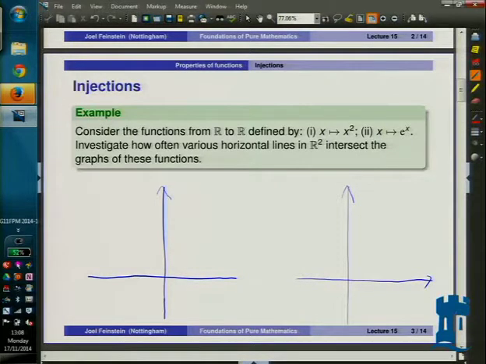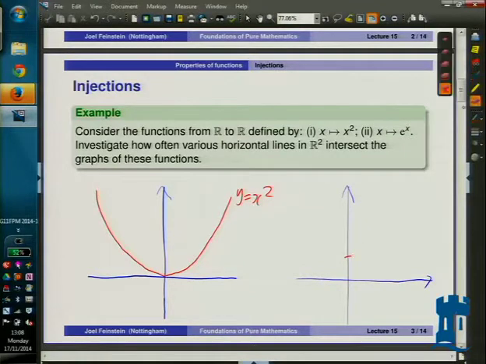So I start with y equals x squared, which was supposed to go to the origin, so I'll just try that again. And it's symmetrical. So you can try and make it look more symmetrical than I did. That's y equals x squared, and then y equals e to the x